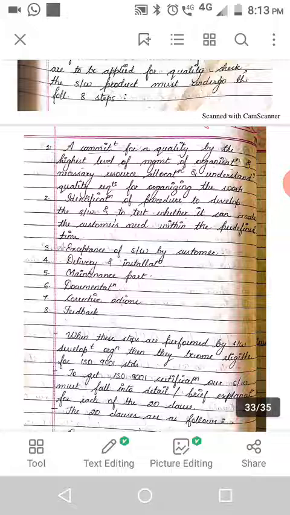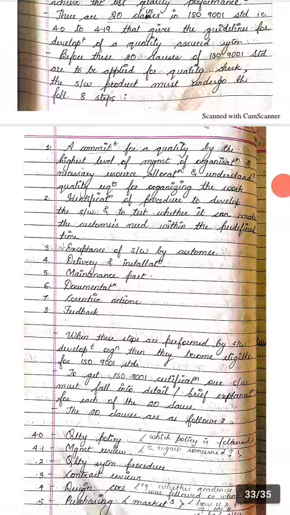Number two, identification of procedure to develop the software and to test whether it can meet the customer's needs within predefined time. Number three, expectations of software by the customer, what the customer expects from your software. Number four, delivery and installation. How do you deliver? How will the installation process be done? Number five, maintenance part. How do you provide maintenance service? Number six, whether documents are followed or not,